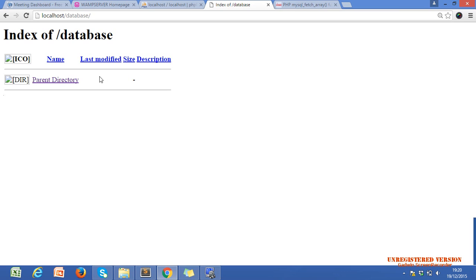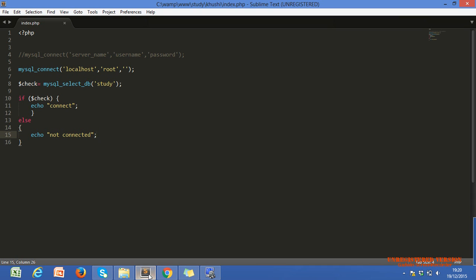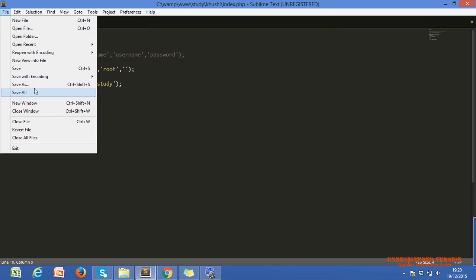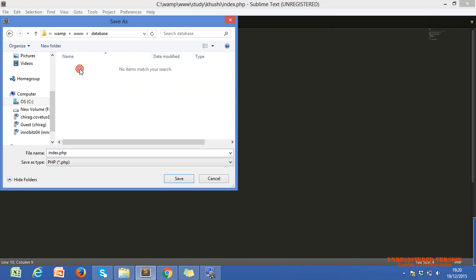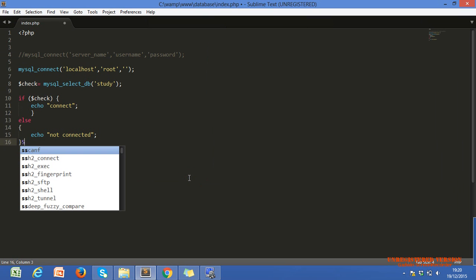One second. I just saved this file, save as, in WAMP, in the database folder. That is saved. Index.php is there.